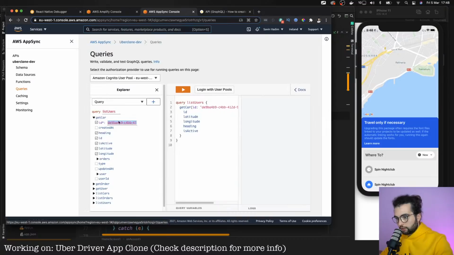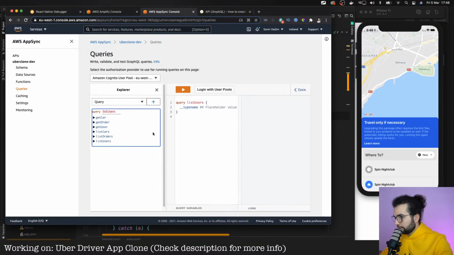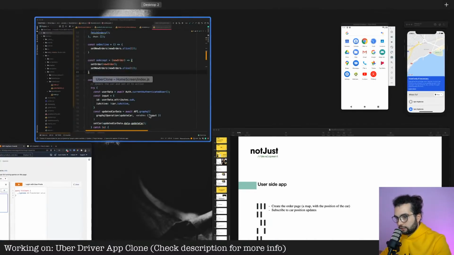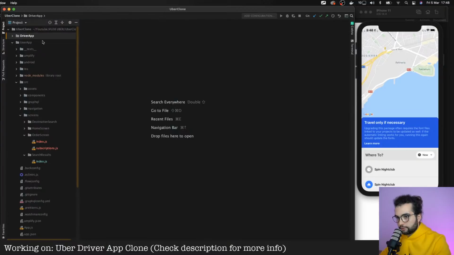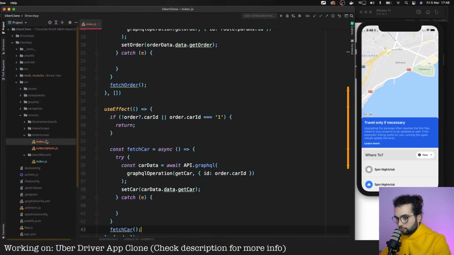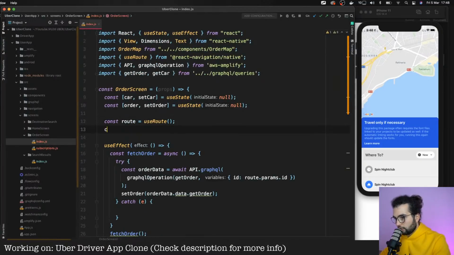And we have queries. Let's do it this way. Close all tabs. User app, order screen index. I need the ID of this order, so I know what I'm working with. The ID of an order is gonna be route params ID. Like this.